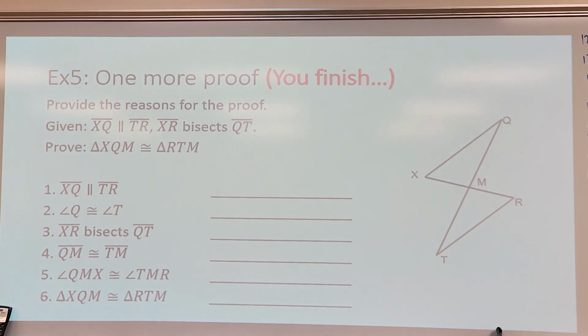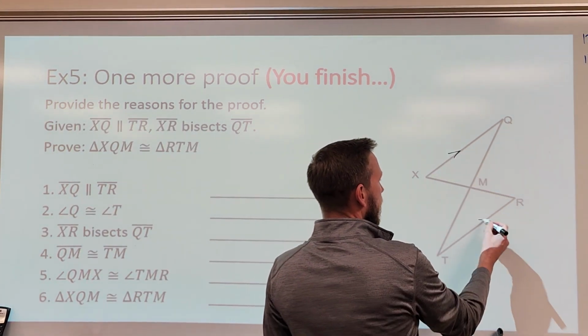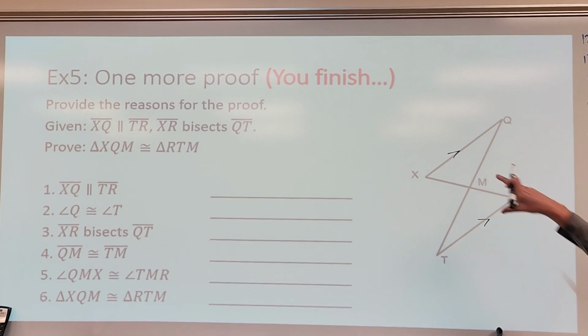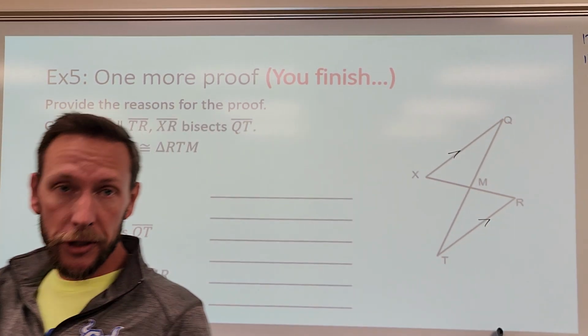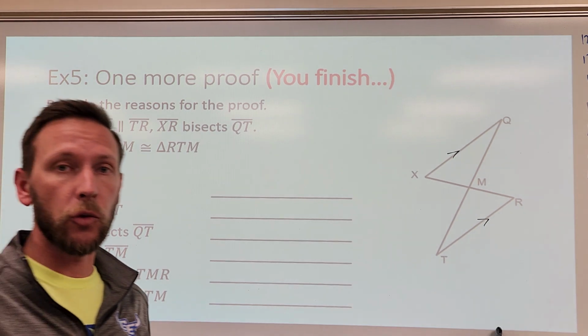I would love for you to do this proof. So I did the first column for you, and I'm going to talk through it with you, but your job is to write the reasons in our second column. So you are given that this and that are parallel. When we see parallel lines, we immediately need to think about alternate interior angles or corresponding angles or alternate exterior